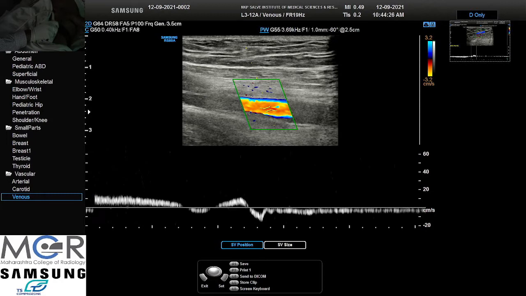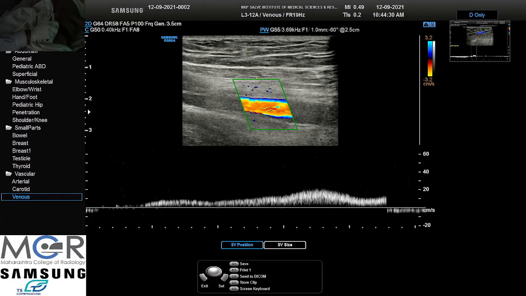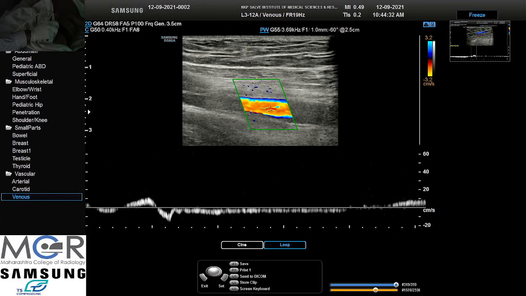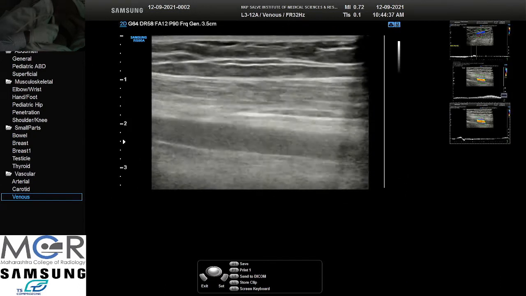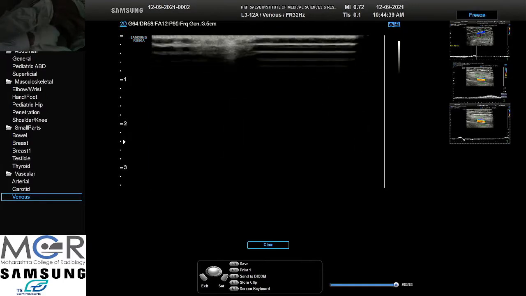See that, the flow touching the baseline, going to the other direction after he is doing Valsalva. There is severe deep venous reflux. Vein is patent.